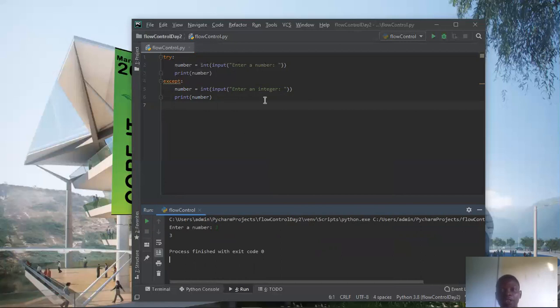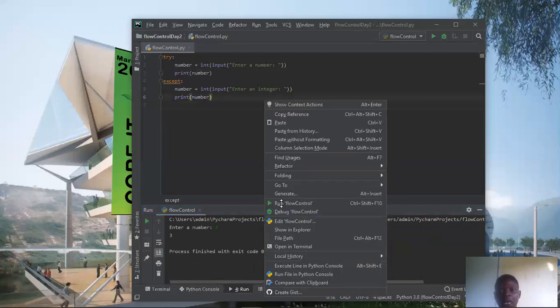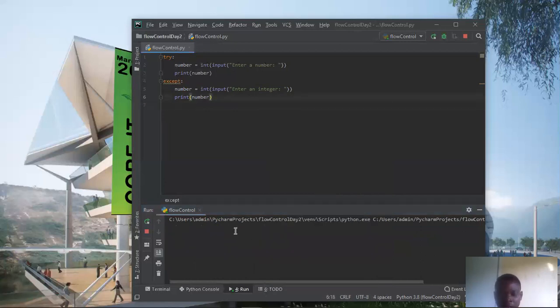But in case the user enters the 3 in the form of spelling the 3, let's see what we are going to get. So it has accepted the error. But then it asks the user to enter an integer. So it means that the user will now know that, okay, I've spelled the 3, so maybe they want me to just enter number 3. So when the user then enters number 3, then it accepts the